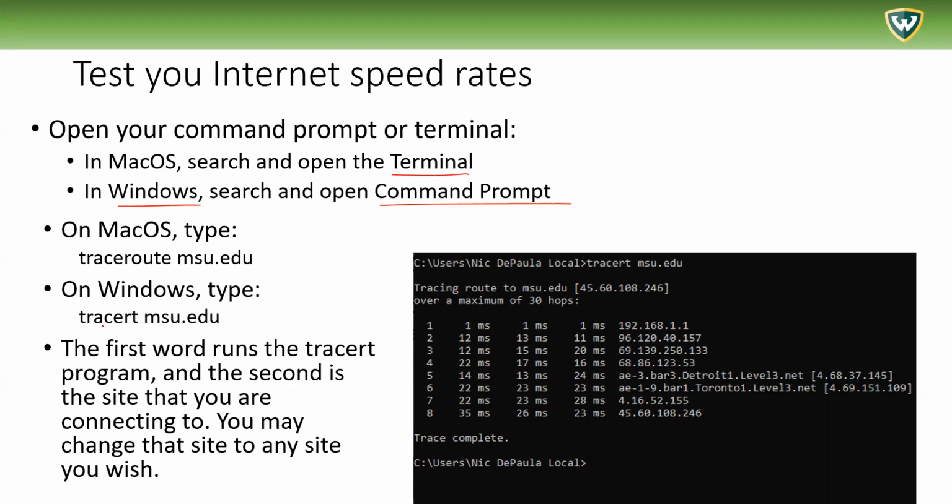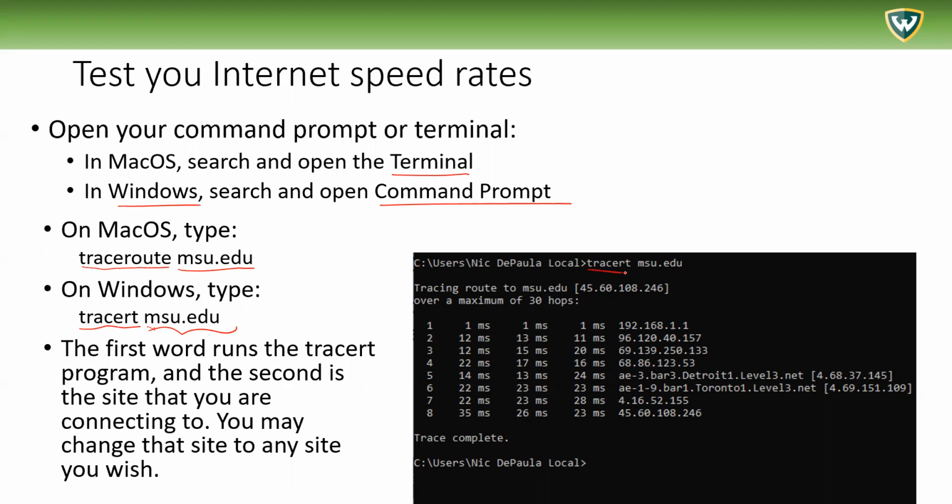If you're using Windows, you're going to type Tracert, which is the name of the program. This calls the program, and you need a space, and then the address of the site that you want to connect to. I'm using msu.edu, but you can use any site for your testing. In the Mac, the program is called Traceroute. So you type the name of the program, a space, so the computer knows that a new word's coming, and the second word has to be the address you're connecting to.